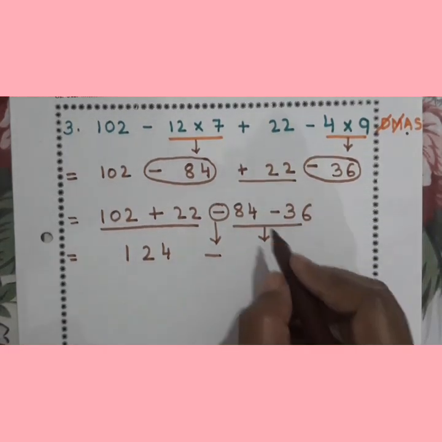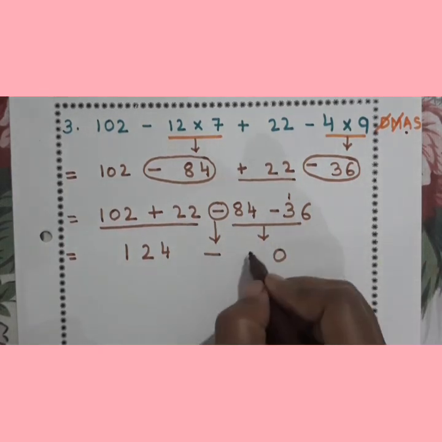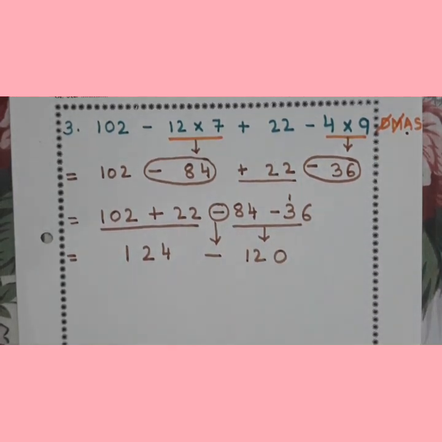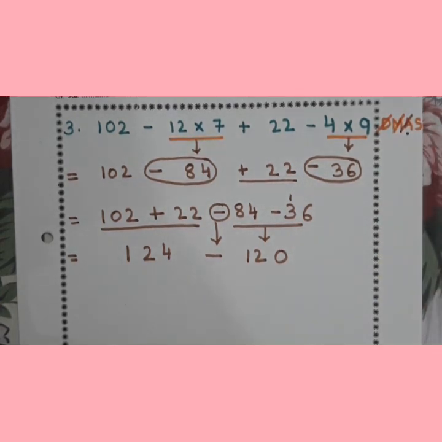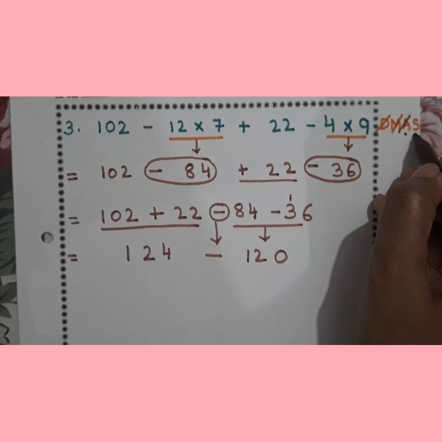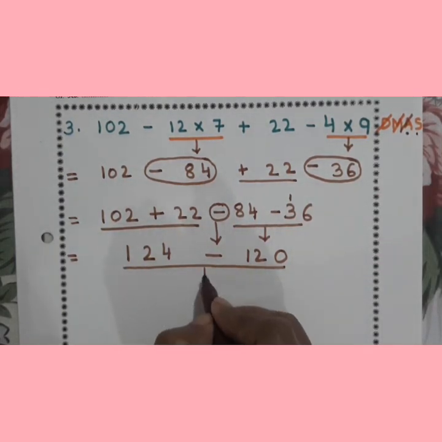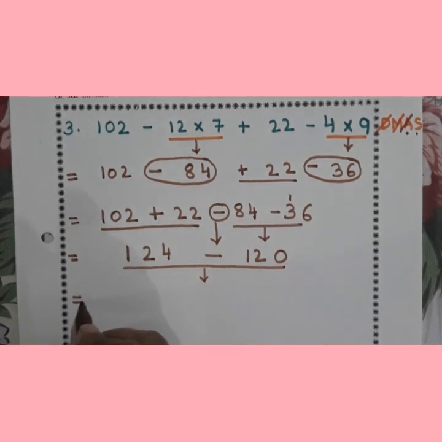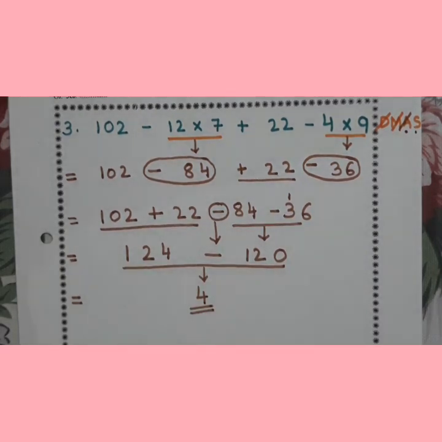Alright? 6 plus 4 is 10. 0 carry over 1. 8 plus 4 is 12. So we got 120. So our addition is also over. What is the last thing? Last operation left? It is subtraction. Underline, make an arrow, put an equal to sign, and so easy now. 124 minus 120. So what's the answer? It is 4. Double underline and your work is over.